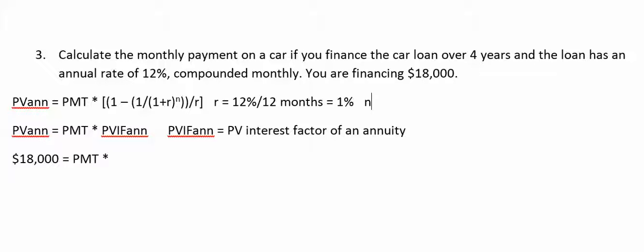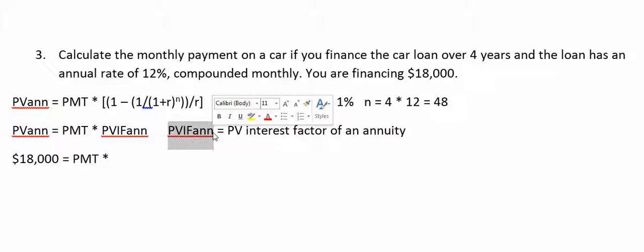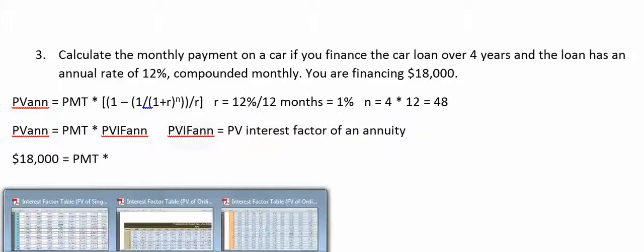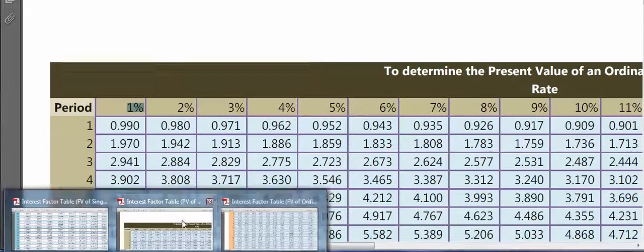And then for our N, we're financing it over 4 years, but there are 12 months in the year, so we're going to be making 48 months of payments. So when I look at this interest factor, I go across to 1%, down to 48, on the present value interest factor of an annuity